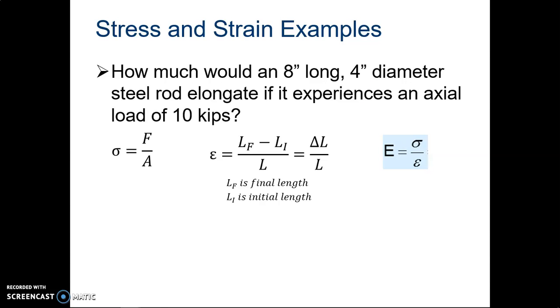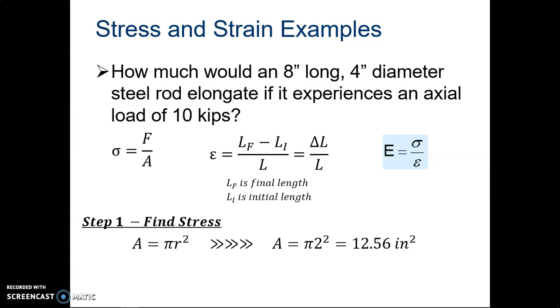Let's start with that. So first I'm going to get the stress. Once I get the stress, I'm going to plug it in here to get the strain. Once I get the strain, I can actually calculate the delta L. Okay, let's go. Find stress. Area equals pi r squared. R is just half the diameter, so 12.56 inches squared,